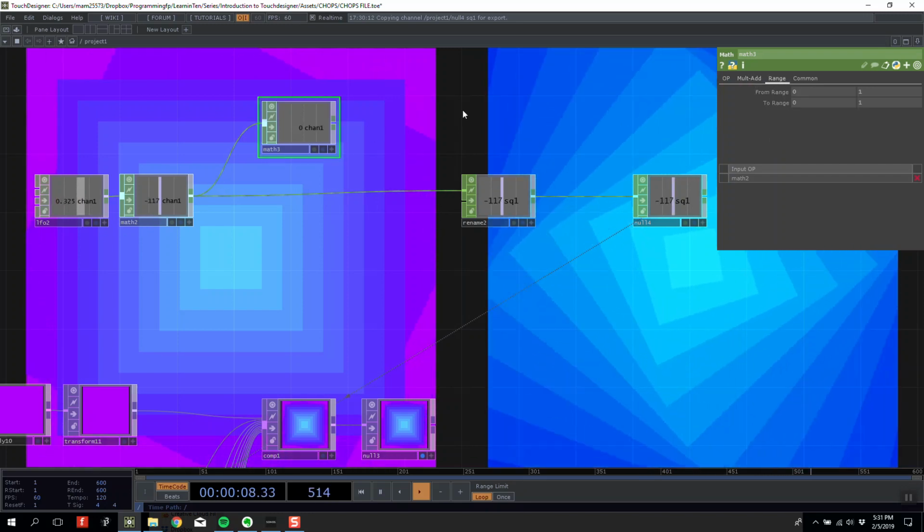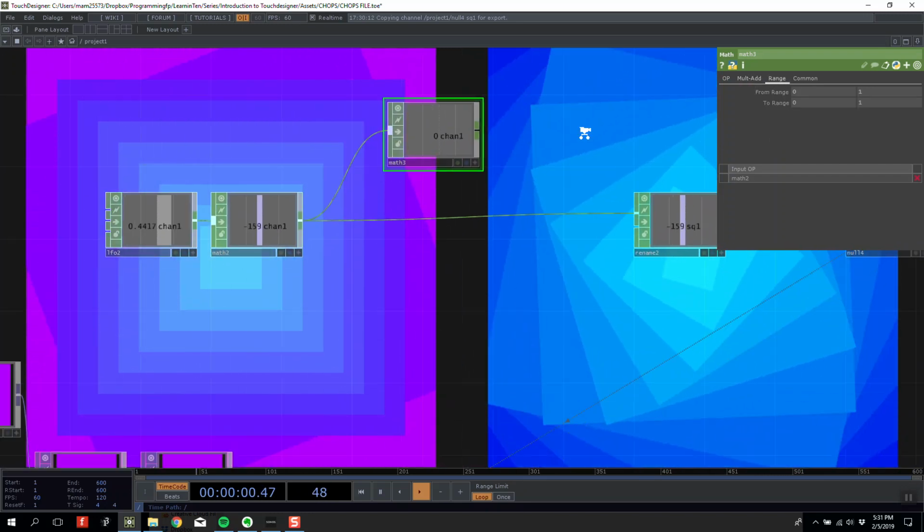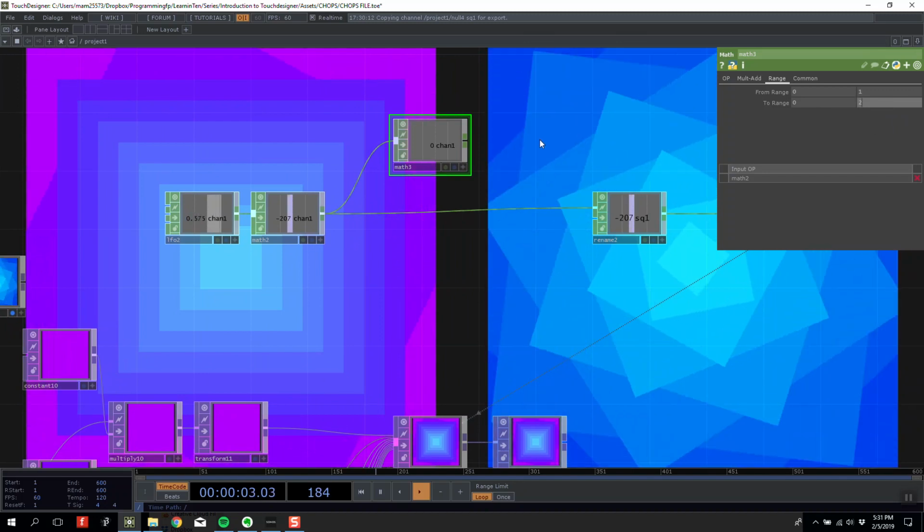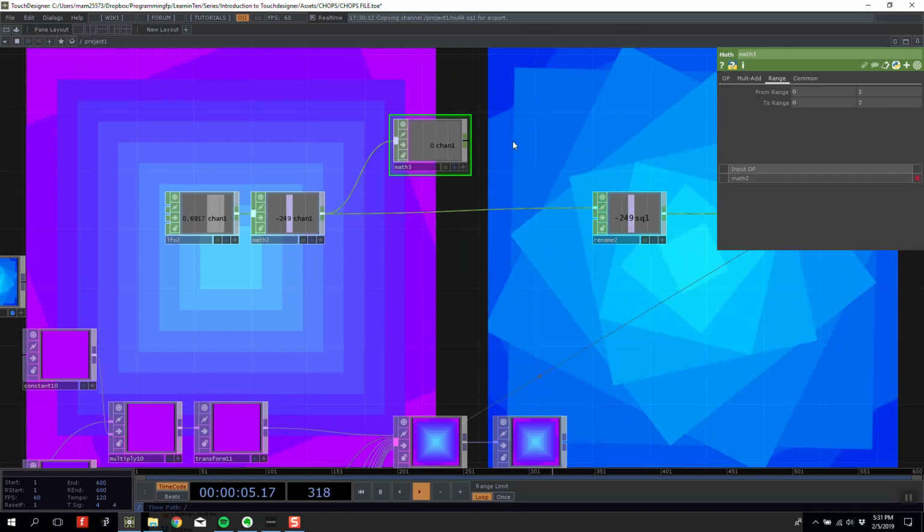And what I'm going to do in here is, instead of going from 0 to 1, change its to range to be from 0 to 1 to 0 to 2,